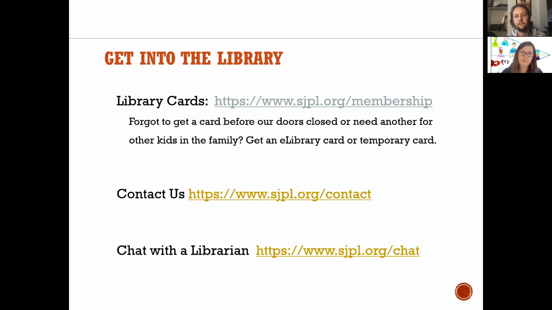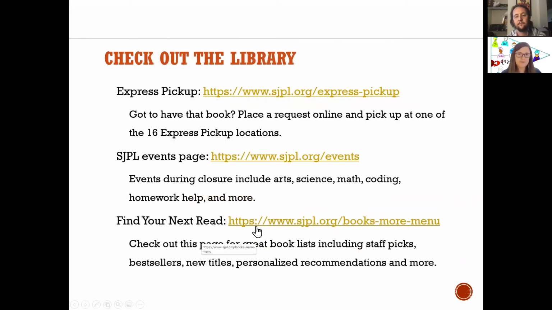So once you've got your library card, as I mentioned, express pickup is available at 24 of our 25 branches, only excluding the Mount Pleasant neighborhood branch. And that lets you place holds on items. And when you get an email, it will tell you that it's ready to be picked up. And you can just go down to your local library branch and pick that up. So this is a really great, convenient resource, especially if you're tired of screens and you want to get back to the printed word. This is definitely something to take advantage of, the express pickup, if you're in the San Jose area.